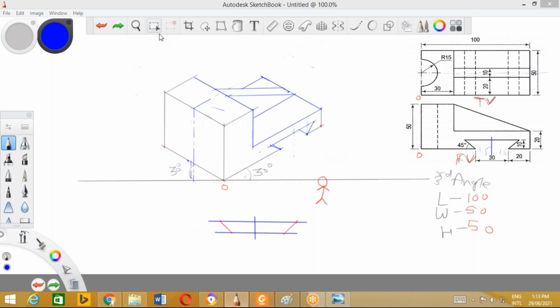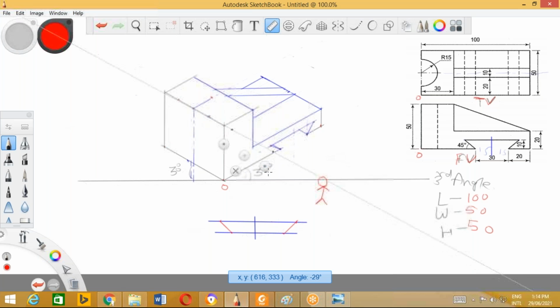So how will I mark these points? By using the roller scale, please mark these points. I'll use red color. 15 millimeter on this side, 15 millimeter on this side, and obviously you'll get a circle of 15 millimeter on this side. So from this center point, 15 millimeters.